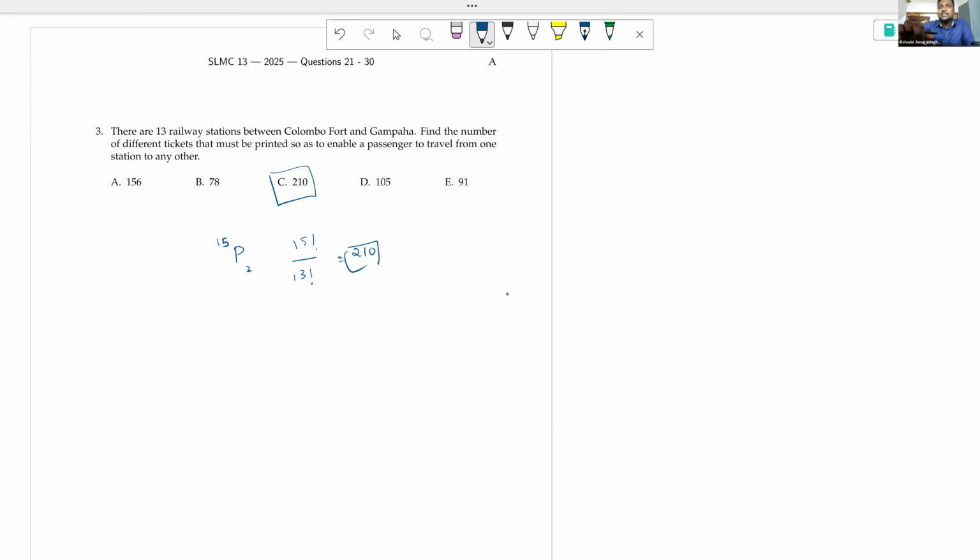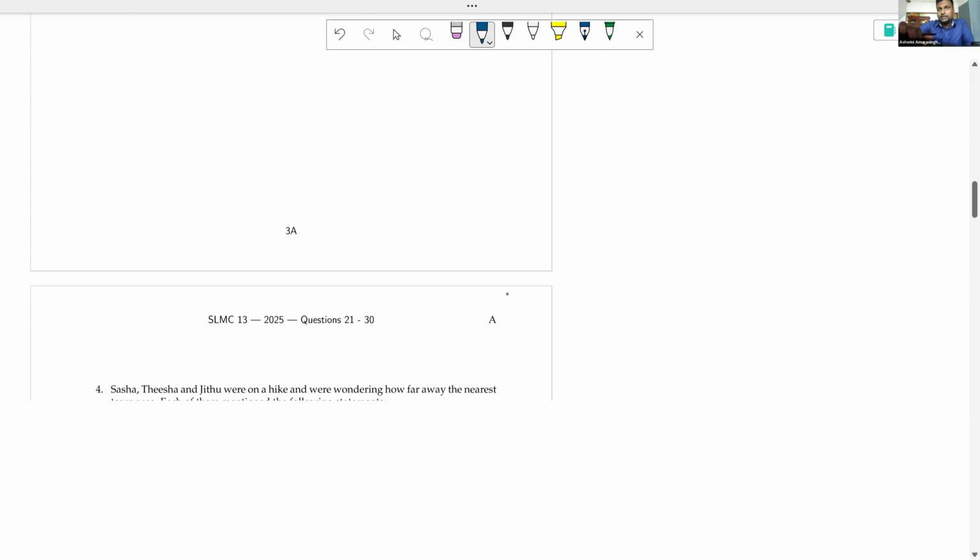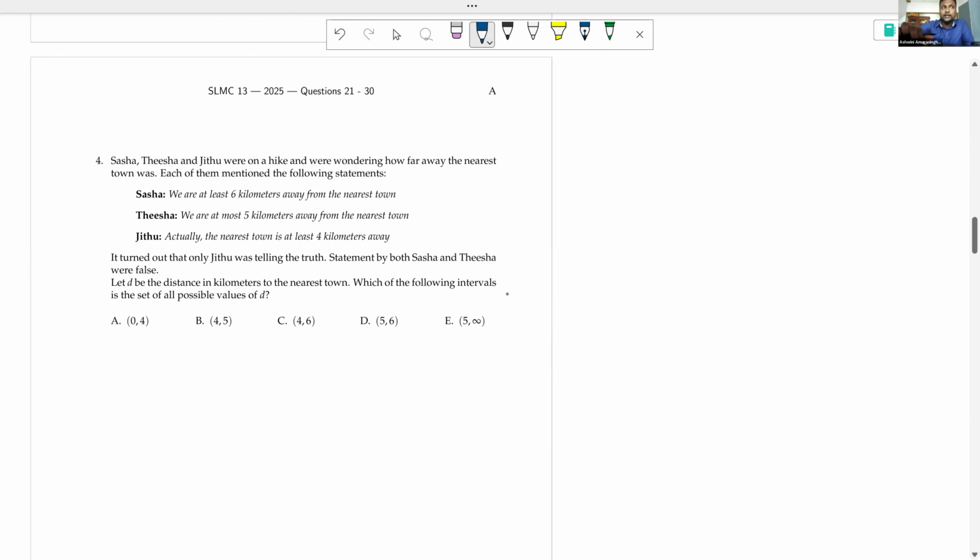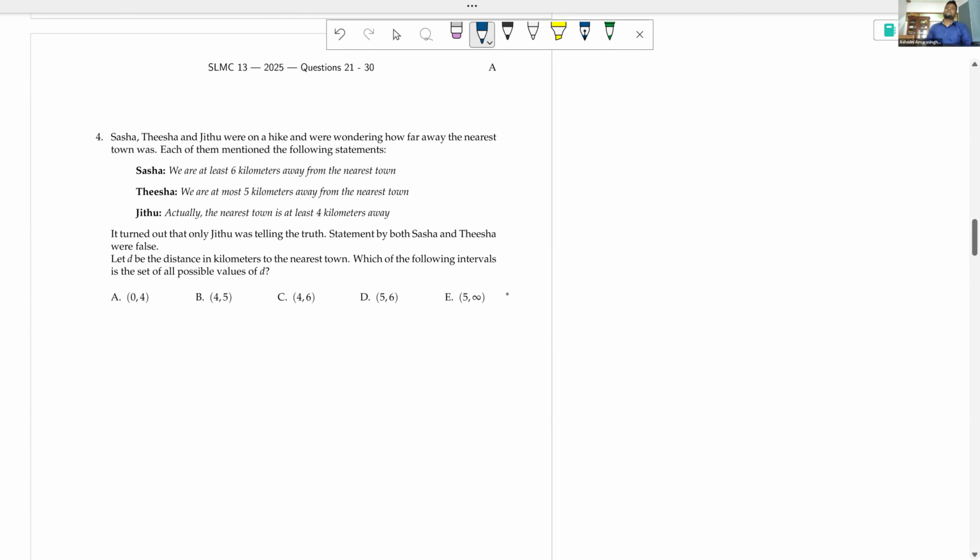So far we have easier questions, but compared to questions 1 to 20, this is going to be a little hard. Okay, so let's see what Sasha, Tisha, and Jitu are up to. They were on a hike and they were wondering how far away the nearest town is. So when I say at least 6 kilometers, it could be 7, it could be 6, but it cannot be more than 6. So Sasha says